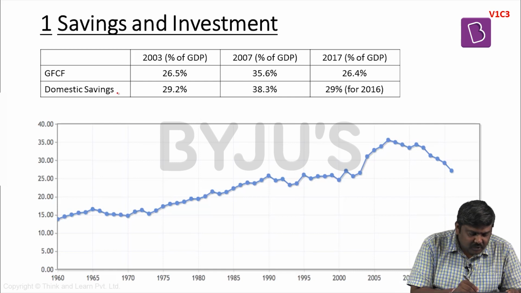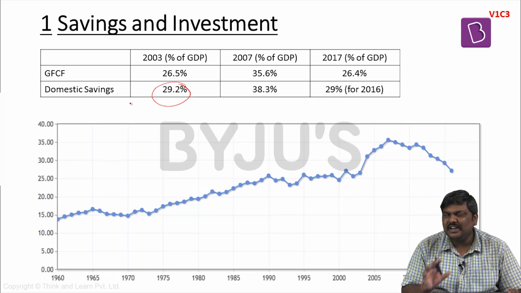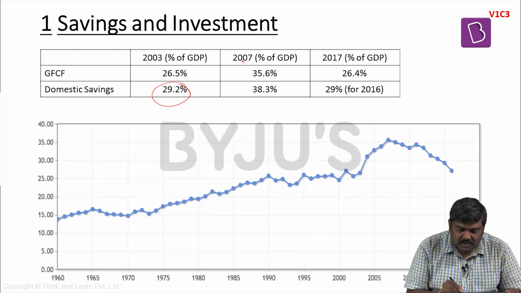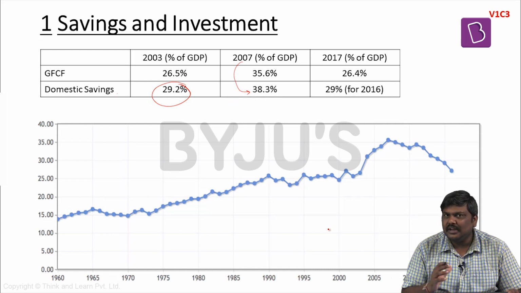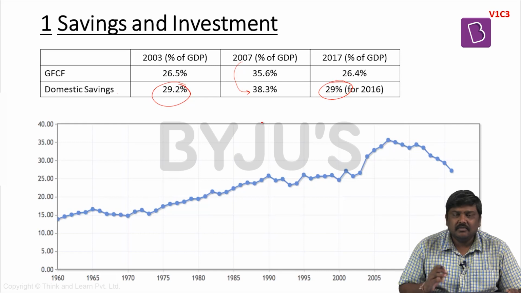If you see domestic savings, in 2003 they were around 29% of GDP. By 2007 we hit a peak of more than 38% of GDP, and from 2010 this savings rate started declining, and by 2016 it had declined to 29% of GDP, which is a cause of concern